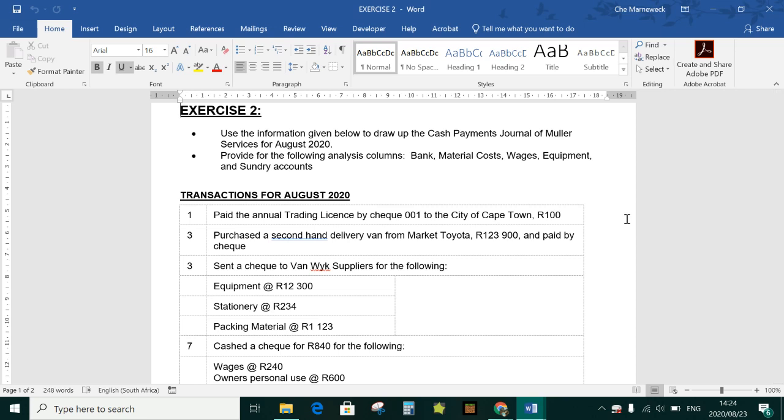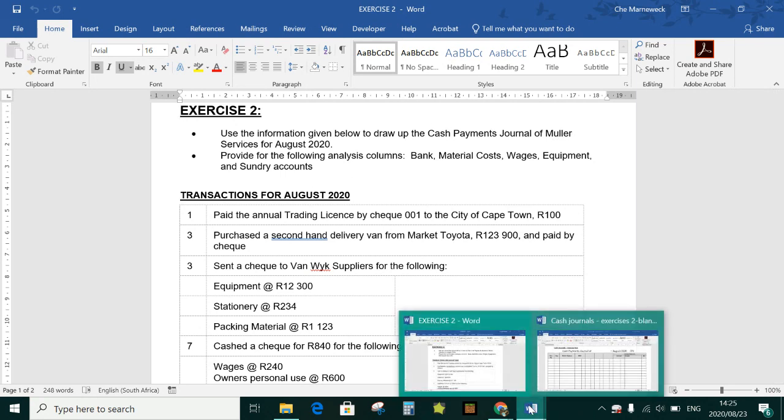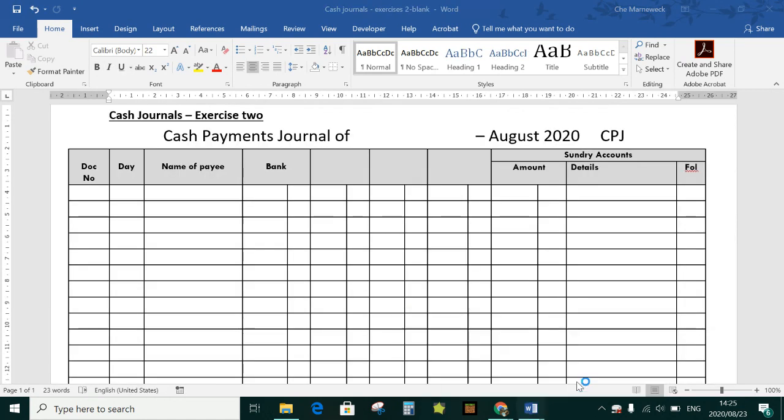Okay, so today we're going to be doing our second exercise of the cash payments journal. So the first thing we do is we look for the name of the business, our first bullet point: draw up the cash payments journal of Muller Services. So we go to page 27 in our workbook where we have our answer sheet, and we're going to add in the name of the company,